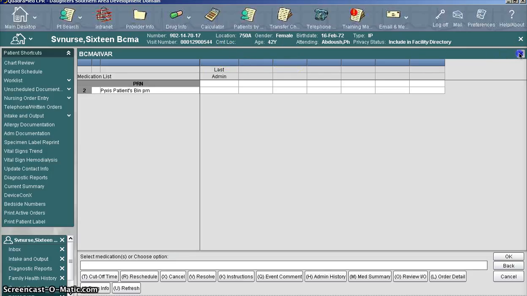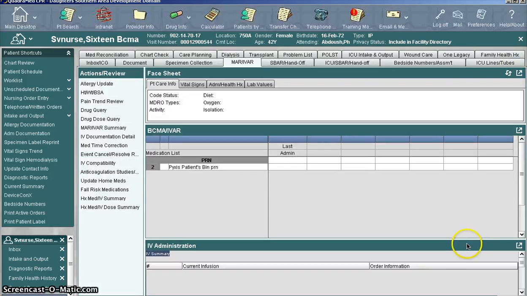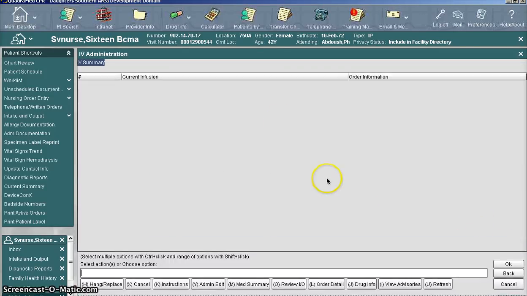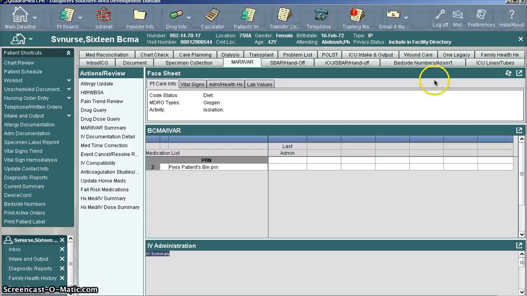As I quickly X out of that, you can go down to the IV administration block. As I expand this, you'll see that your current IV fluids will be here, as well as any of your PCAs or epidurals. I will X out of that. Anything that says ICU here, my ICU coworkers will quickly address, but for now, we will go to family health history,